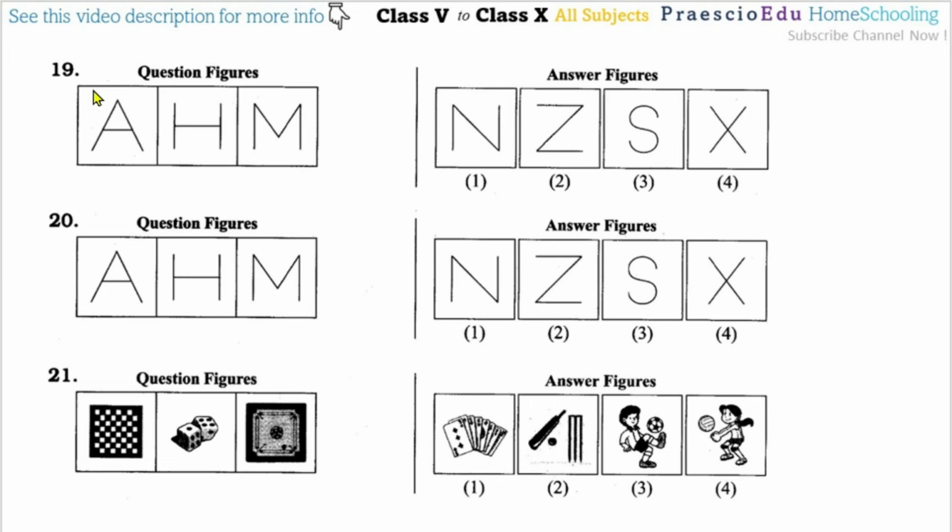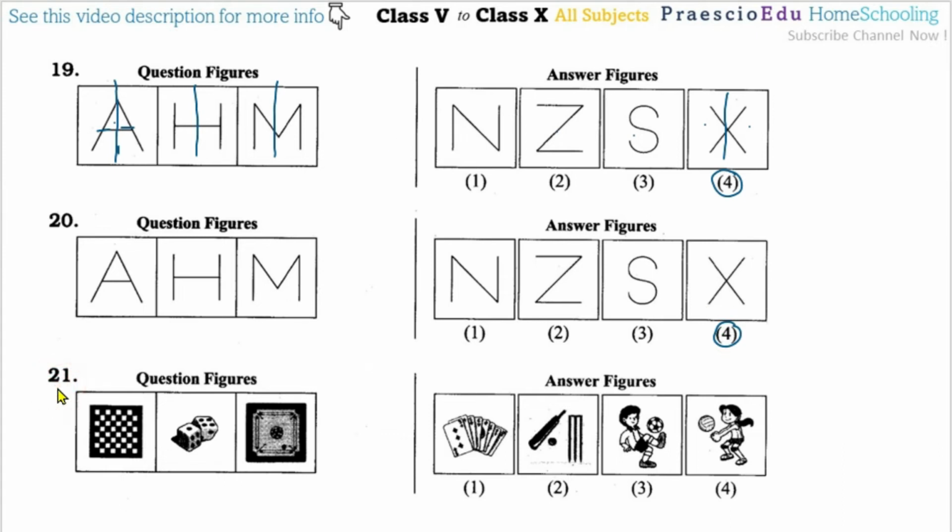Now question number 19 and 20 are almost the same. Here if you observe, from the center, this side and this side are symmetrical. Here also the same, here also the same. For this one, X is a shape whose left side and right side from the center are symmetrical; the other alphabets cannot be. That's why option number 4 is correct. And here also option number 4 is correct, applying the same criteria.